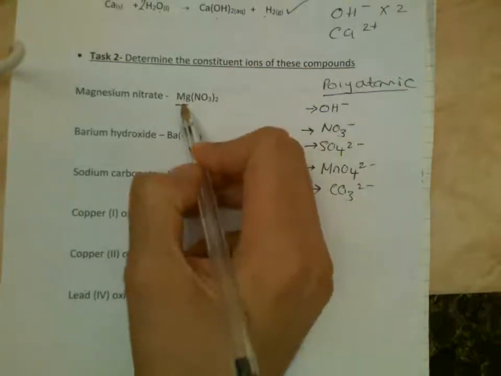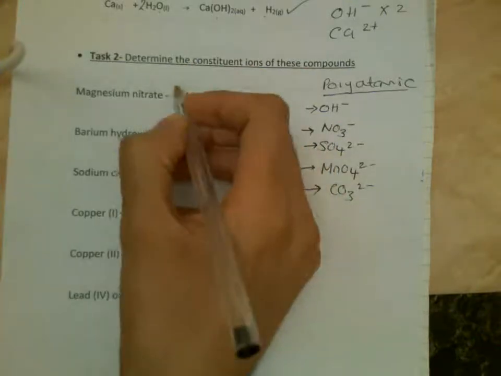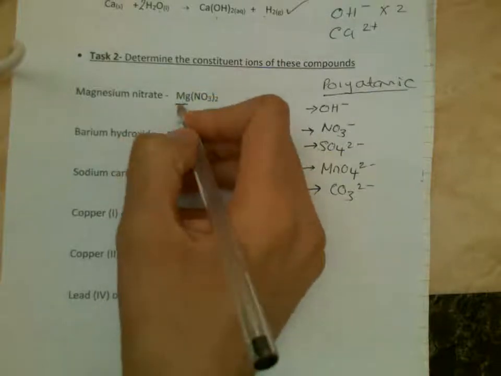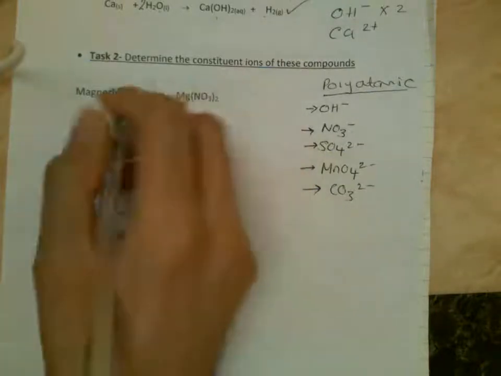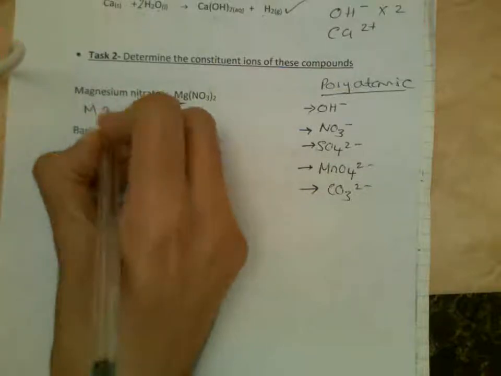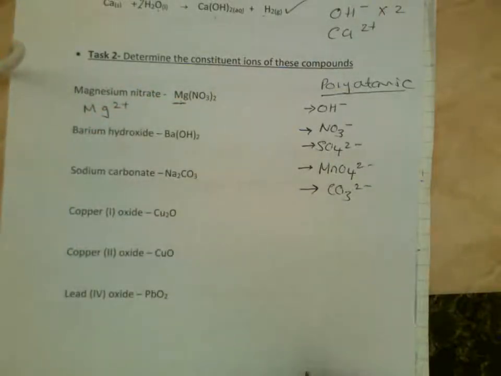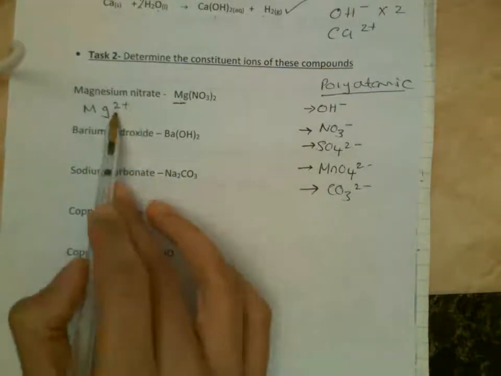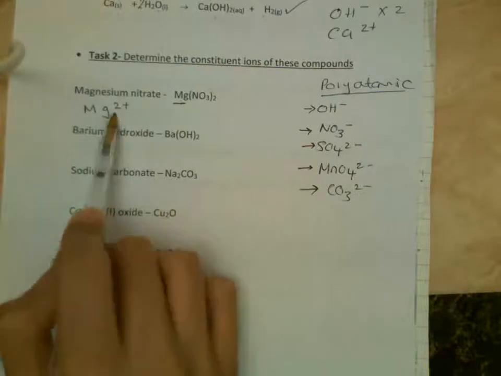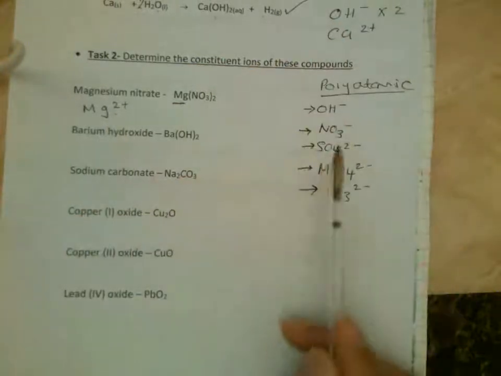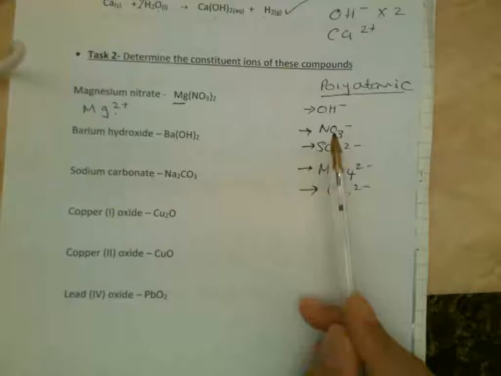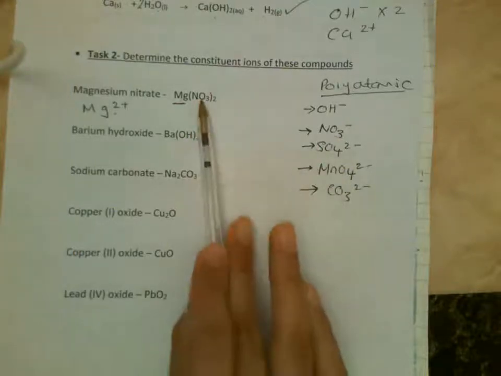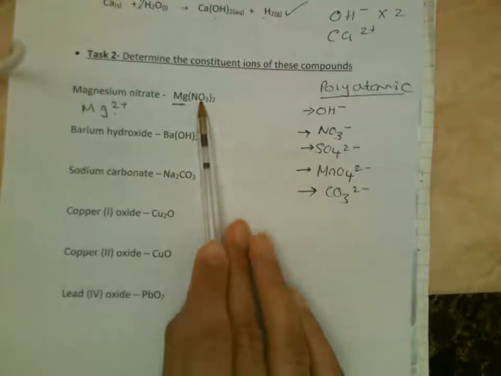What you can do is look at your periodic table and look at what group magnesium is in. If you have a quick look at your periodic table, you will realize that magnesium is in group 2. Therefore, magnesium would form a 2+ ion. Now if magnesium forms a 2+ ion, and ignoring that I've already told you what the charge of a nitrate is, you would find out the charge of the nitrate, if you hadn't already remembered it, by thinking: